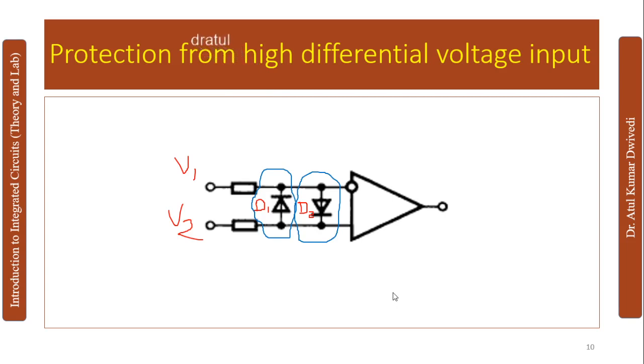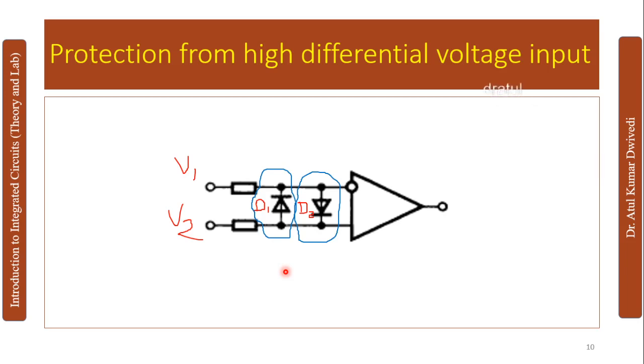Okay, so in this circuit, because the inputs in an op-amp are very low, in the microvolts and millivolts, generally these diodes are off, because the input voltages are less than the cut-in voltage of the diode. But when the limit is crossed, meaning the input is more than the cut-in voltage of the diode, then the output breaks. Then this becomes a short circuit, the output becomes zero and the operational amplifier stops working.